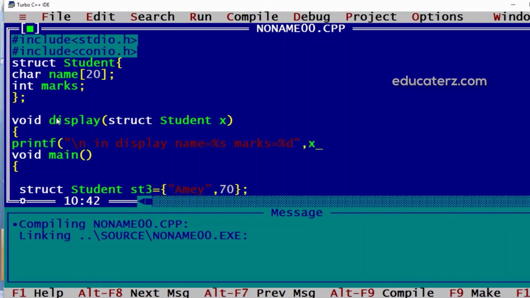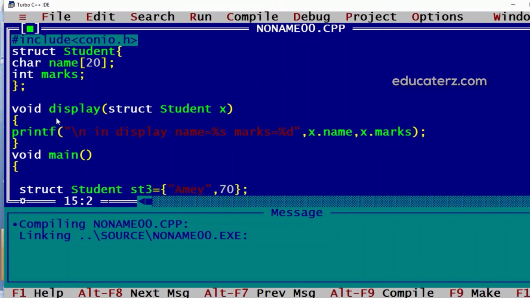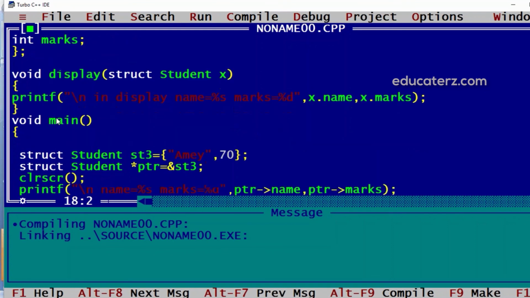Here I'll display x.name and x.marks. This way we can display name as well as marks. Now this function I can call in the main method and pass some variable of struct type which will be assigned to x and its members will be accessed.